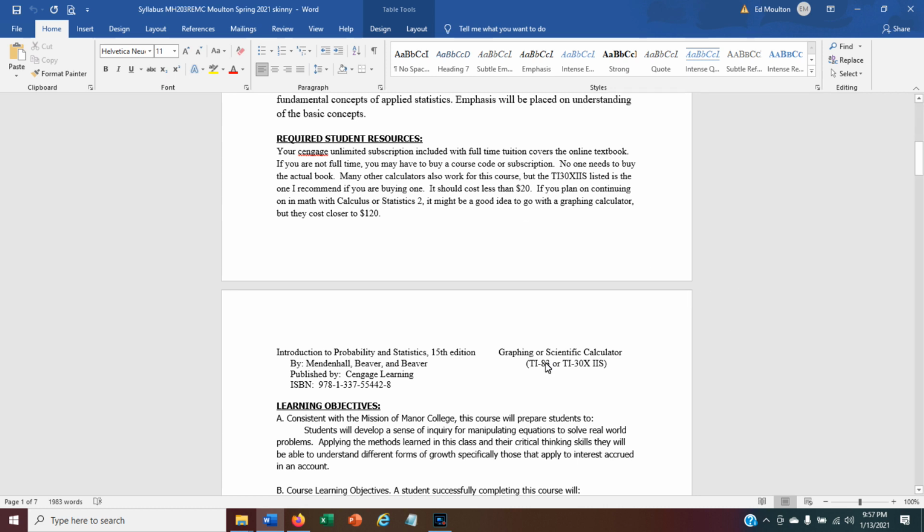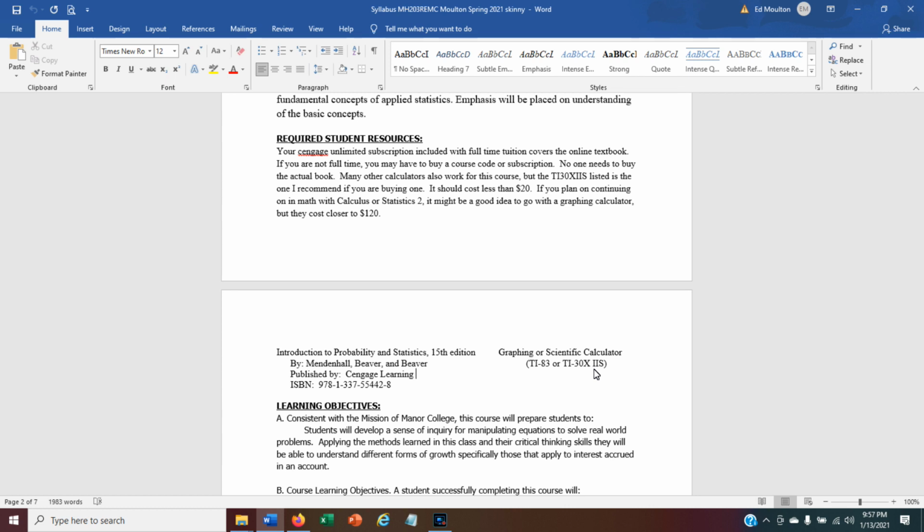As far as calculators for this class, a TI-30X2S would be fine. Really, any calculator that has a PRB button you can use for this class. I recommend the TI-30X2S because it lets you do things with parentheses and some of the more complicated formulas that we use in the class. It lets you set everything up where you can still see it on the line and double check before you press enter,